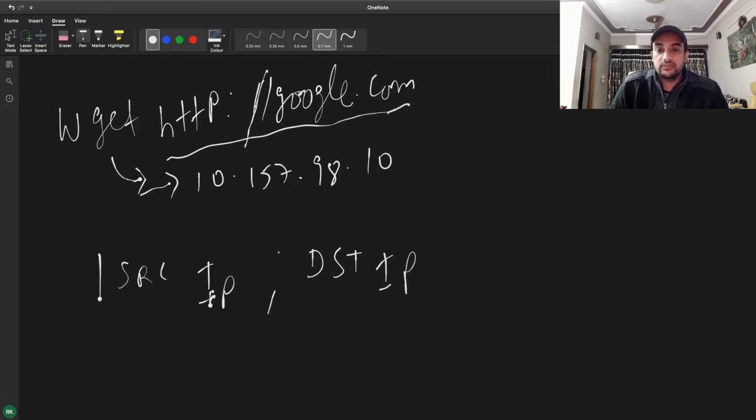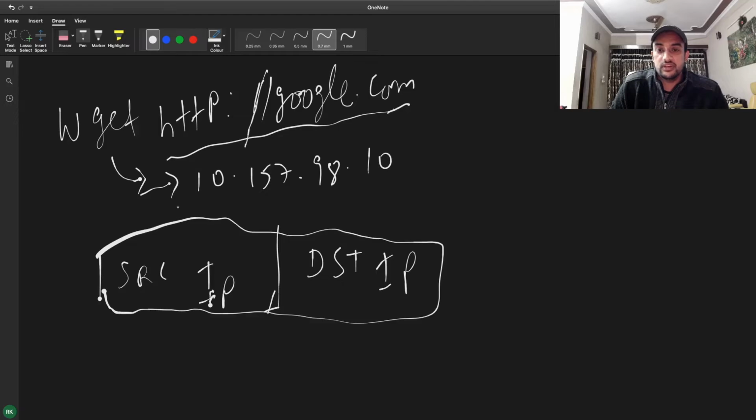We have these two main fields which we need to fill in order to process the request. So source IP will be your host machine IP, the IP you received from your router. You must have received some IP when you connected to a router. That IP address will be here.